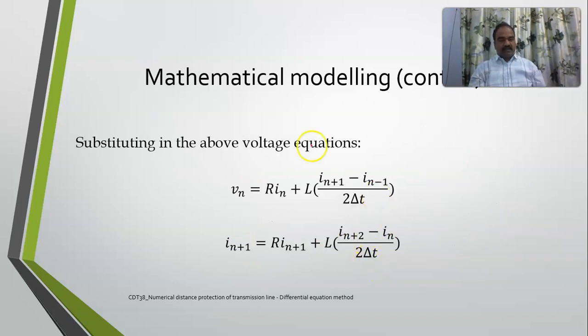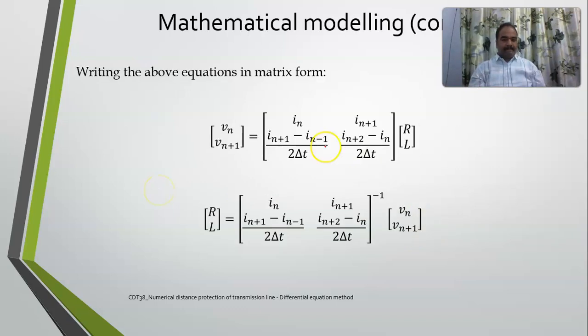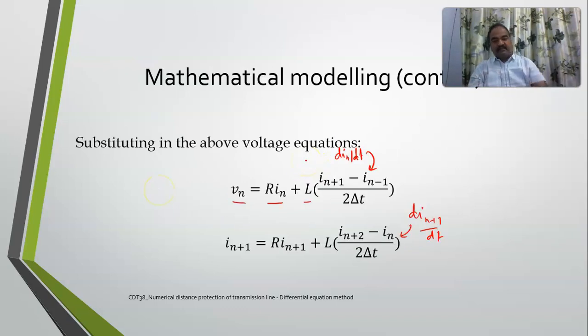So now I am replacing them in the original equations. Vn is equal to R in plus, here it must actually be din by dt, that I am replacing here. Here it must be din plus 1 by dt. Now if you carefully see, if I write them in matrix format, see here, this is V, this is V. Now see,